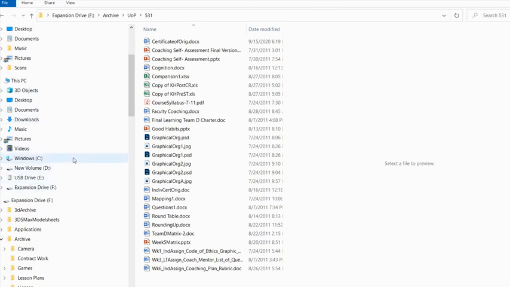Typically, you're going to be working down on your drives, which is where you're going to be saving files. I have two internal drives, an external drive, and a USB drive. And currently, the USB stick has lesson plans that I'm working with. We're going to be working down on the expansion drive, and I'm just trying to get,